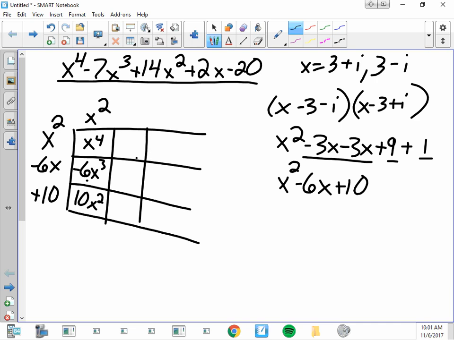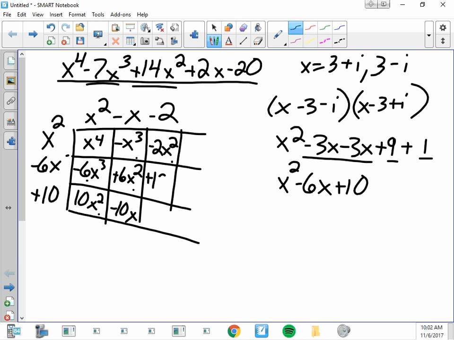This one and this one need to add to be negative 7, minus x to the third, negative x, plus 6x squared, minus 10x. This one and this one need to add to be 14. I need a negative 2x squared. That will give me negative 2, and then plus 12x,